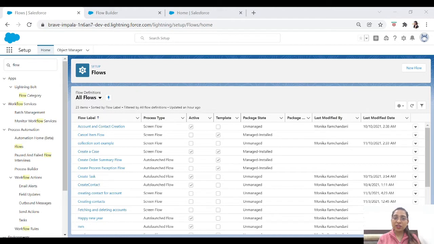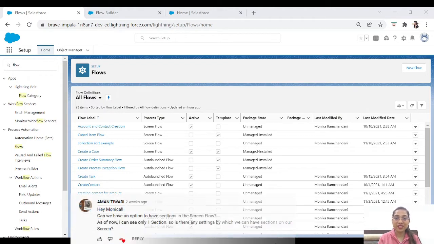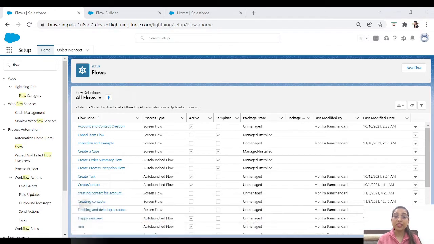One of you guys has asked me this question in the comment section. The question is how we can add sections, like now I can see only one section, is there any setting for that? So I have replied to him, and I thought many of you will have this question in your mind, so I should answer it with a video. I have also added some topics, like how we can add multiple columns to the section and how we can set the visibility of the section. So these are the topics we are going to cover in this video.